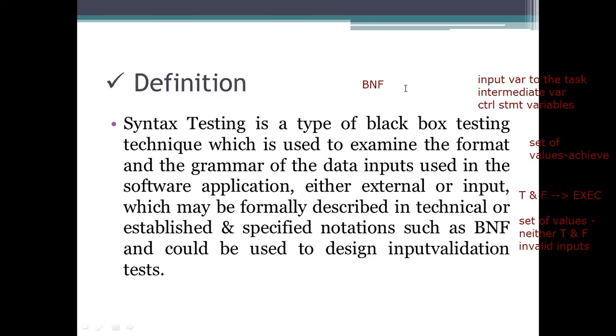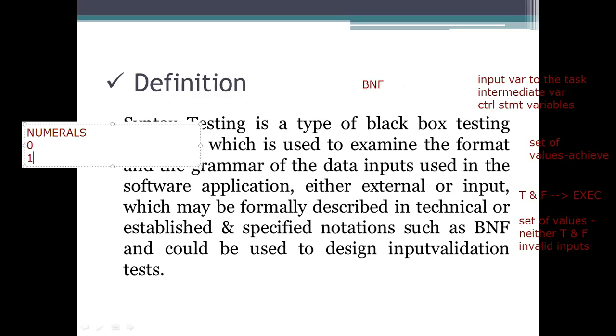We have defined the grammar, and from the defined values only it has to take the values. For example, numerals consist of only the values 0, 1, 2, 3, 4, 5, 6, 7, 8 and 9.